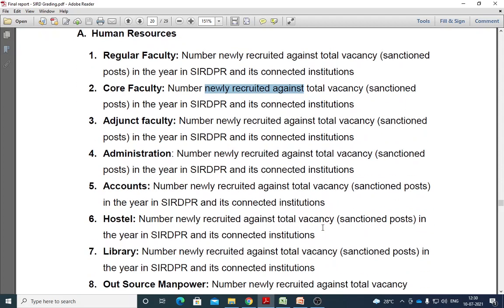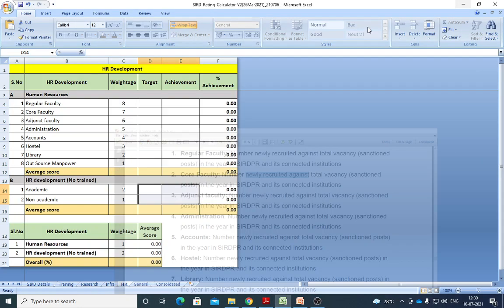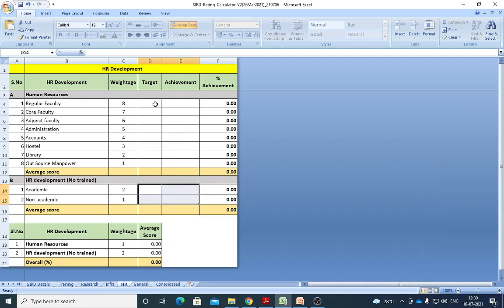In that particular year, how many human resources did you get? So in that budget, that year or maybe the previous year, you got regular faculty. Suppose I have regular faculty 3, but I got 2 more sanctioned, and I could select them and the process is completed, they are in place. Yes, I could achieve that. The core faculty is 7, the sanction 1, so I don't have any chance to increase, so 0 0. And I have adjacent faculty 2 sanctioned, I could take 1.